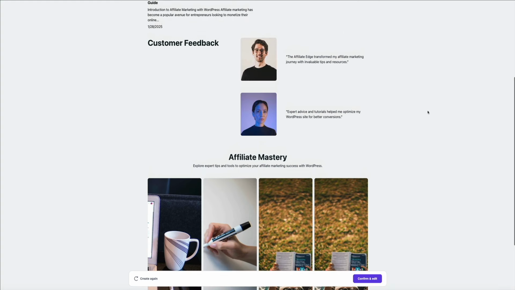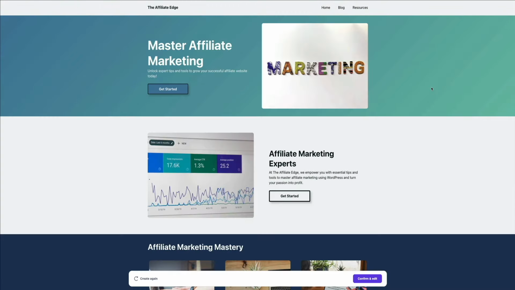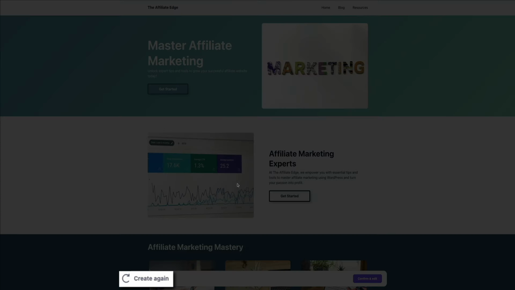And for the sake of the example, let me show you one way that you could generate a different site if you're not happy with this first option. And I also want to point out that even if you don't like this site, you could still create a new site within your WordPress dashboard, which we'll take a look at in just a second. But if you look towards the bottom of the screen here, you'll see a Create Again button. Press that,